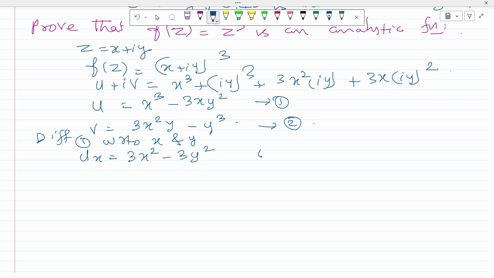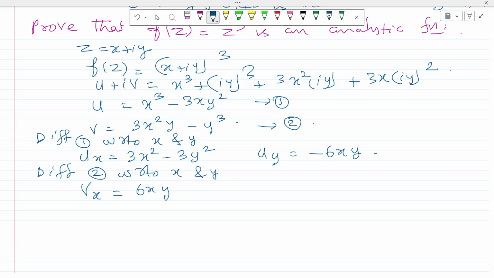Okay. Uy? Okay. Differentiate 2 with respect to x and y. Then Vx equal to 6xy, Vy equal to